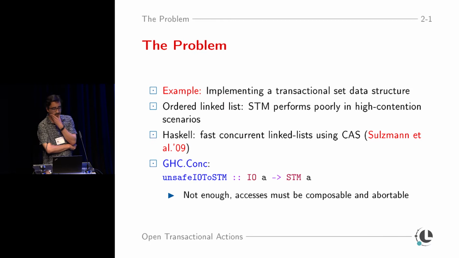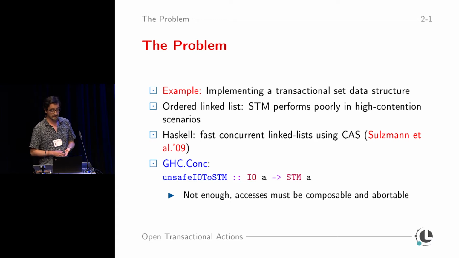Let me talk a little bit about the problem that we want to address. I'm going to talk about an example, which is implementing a transactional set using transactional memory. This is an example that I'm going to present later. Usually you could implement this using an ordered linked list, but the problem is that implementing linked lists using STM